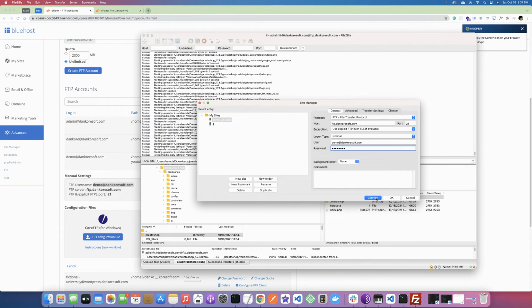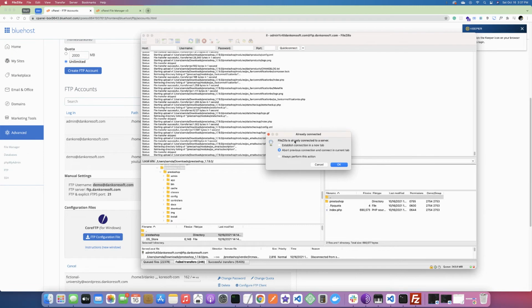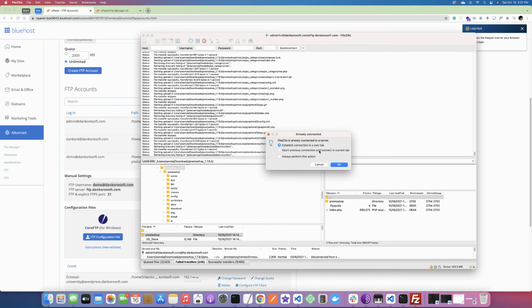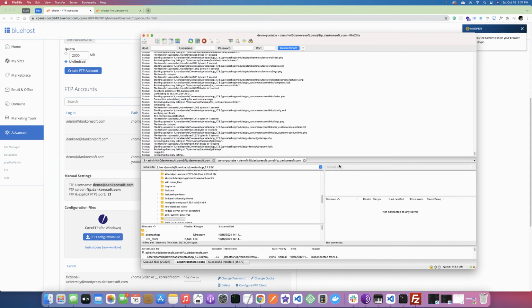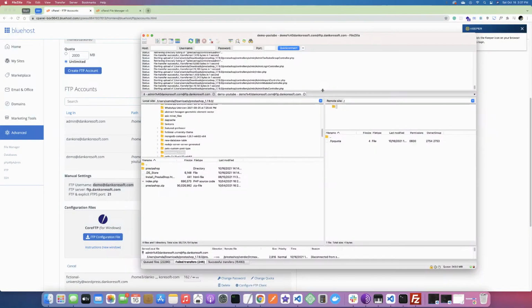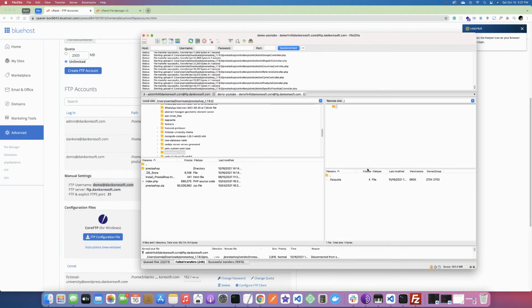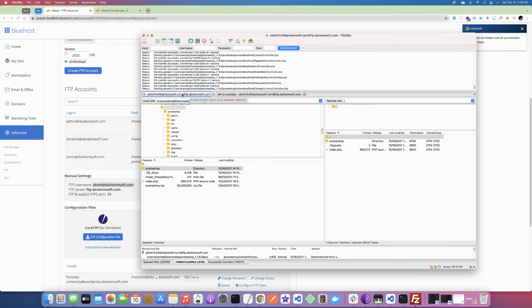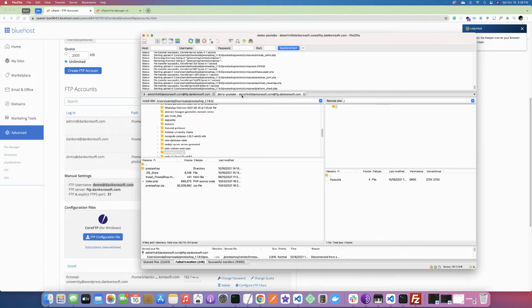Now, let's connect. FileZilla is already connected to a server. Establish connection in a new tab. Let's do that. I don't want to abort the previous connection. Here we go. You might not notice it, it's kind of subtle, but here there are two tabs. The leftmost is the one that I was doing previously. And then this one is what we just set up. If you check the name, it says demo YouTube. So we have successfully connected